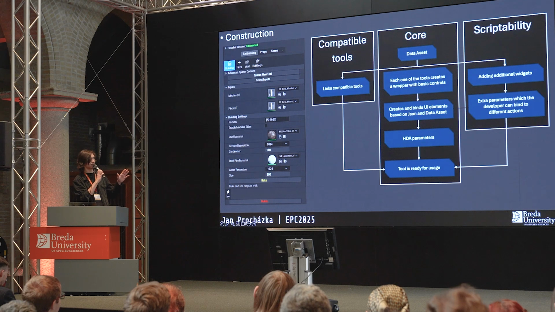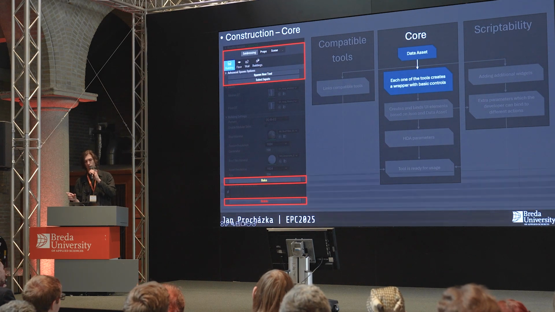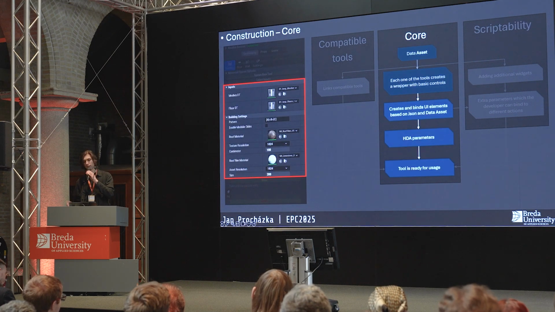Now I'll go over how the individual tools get constructed. So based on the created data asset, the toolkit assigns a tool into the correct category and creates a button for that tool. Then it creates a wrapper with basic controls like spawn, update, bake, and delete. Inside of this wrapper, it creates appropriate parameter and input UI. And at this point, the toolkit is done deploying the tool, but the developer can enable those additional features I